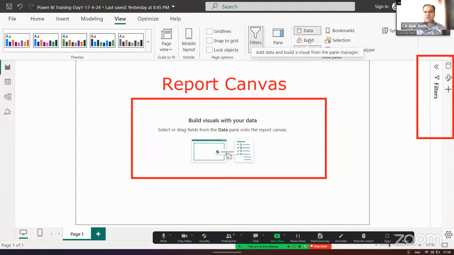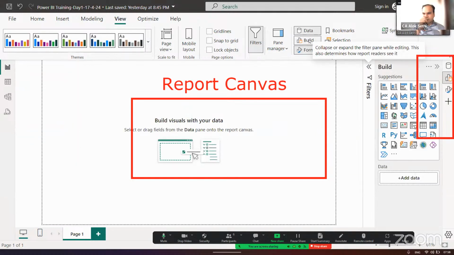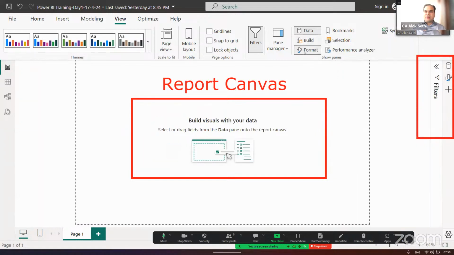Now see what is happening when I'm clicking on Build. It is giving me 4 icons over here: 1, 2, 3, 4. When I remove the Build and I remove the Format, I only have the Data. If I remove the Data also, I don't have anything except the plus symbol. When I click on this plus,